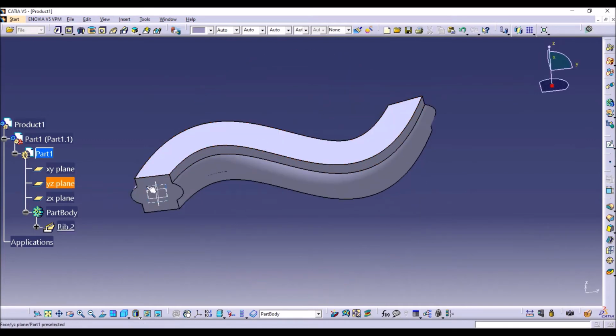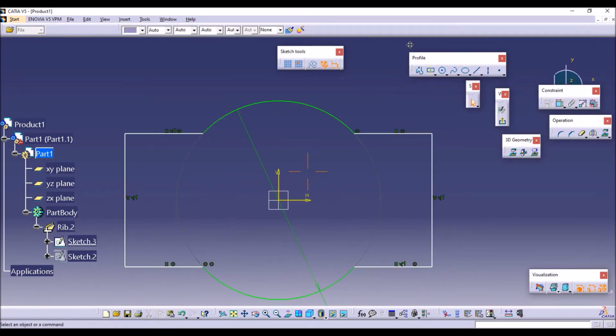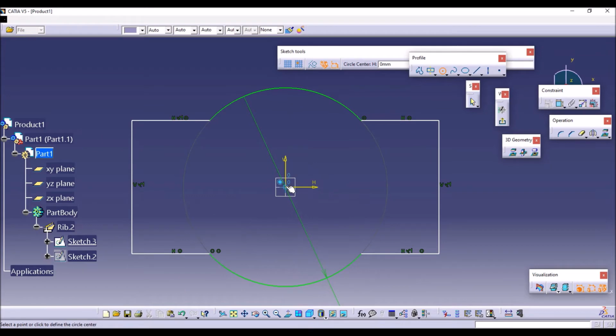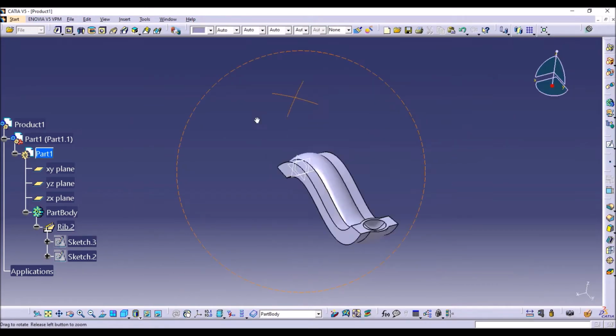If you want a hole inside also, you can draw like this. See how the profile is generated.